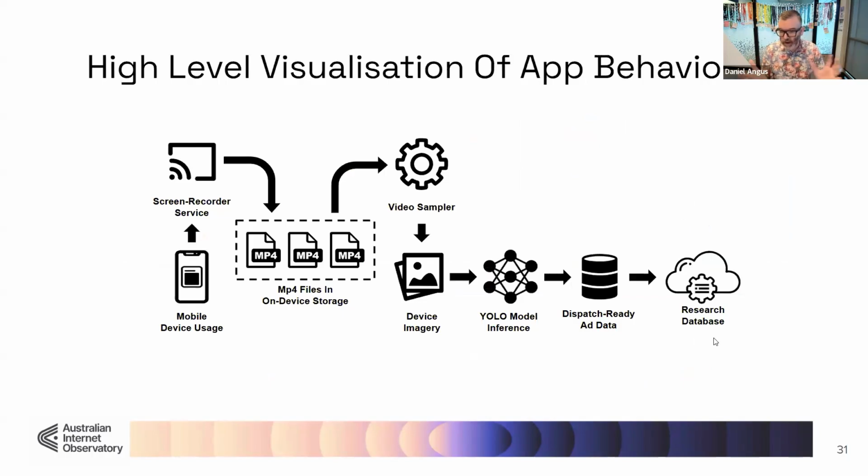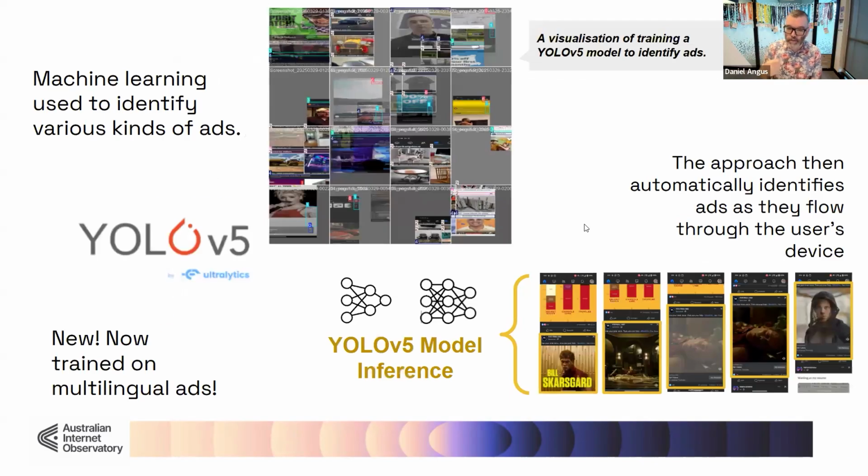So basically, that's another way of showing what I've just shown you, where we have a mobile device. The app is alive on the phone, and these MP4 files are being recorded and stored in a cache at the back end. What happens then, we sample it on device and use an inference model called YOLO that is trained specifically to look for the media object of interest. In this case, we've tuned it specifically for ads, to look for ads and find them. Once ads have been discovered on that device, they're packaged and sent to that secure server at the back end, but only at that point where we're satisfied that this is in fact an ad.